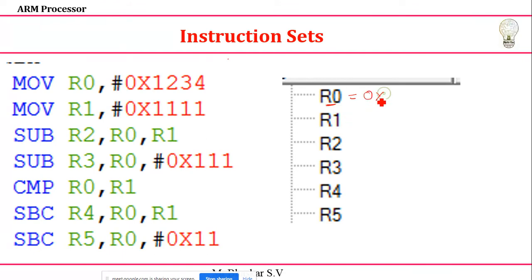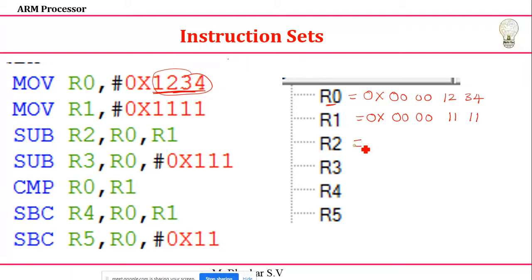Yes, yes. So if you give 1, 2, 3, 4, how will it be stored in my register? It will be stored in the LSB part. Okay, 0x, so 2 bytes will be there, and the other 2 bytes will be filled with zeros. 2 bytes it's 0 0, next it is 1 2 3 4. Similarly, R1 value again the same, double 0 double 0, 1 1 1 1.